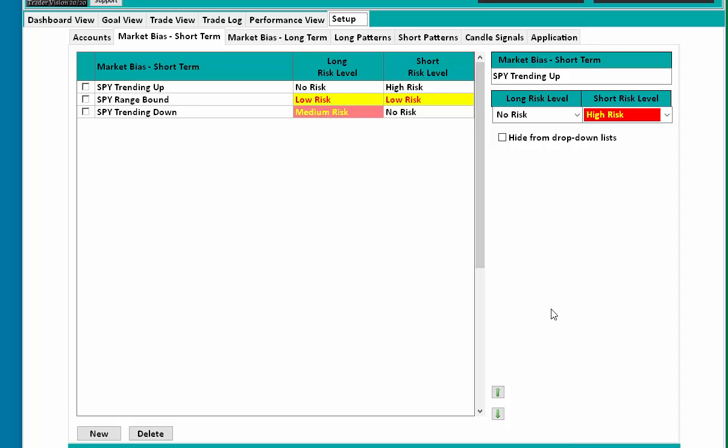This is where you set the short-term bias of the market. And the purpose of setting that is, one, to warn yourself if you're doing something that you shouldn't do. And two, to allow us, after the fact, after the trade, to gather performance history so that we can then go back and say,